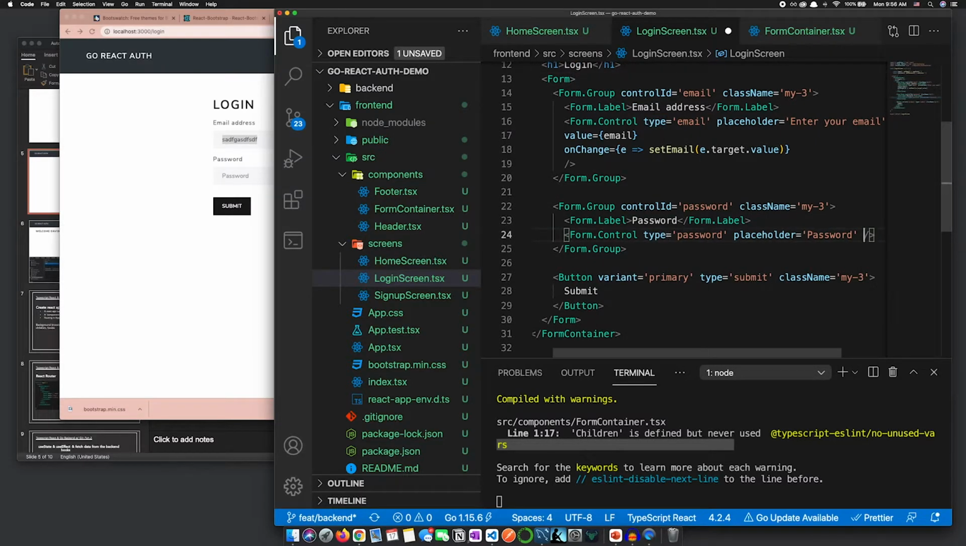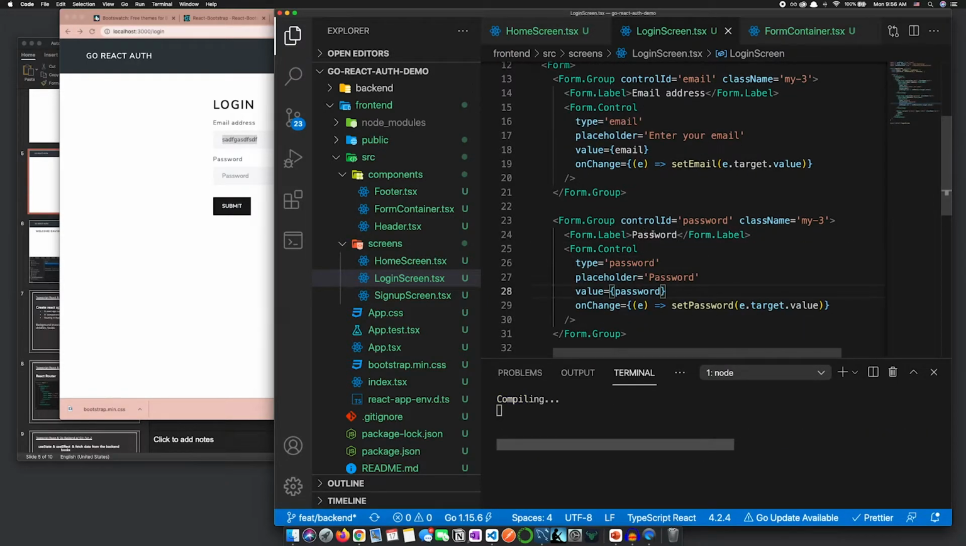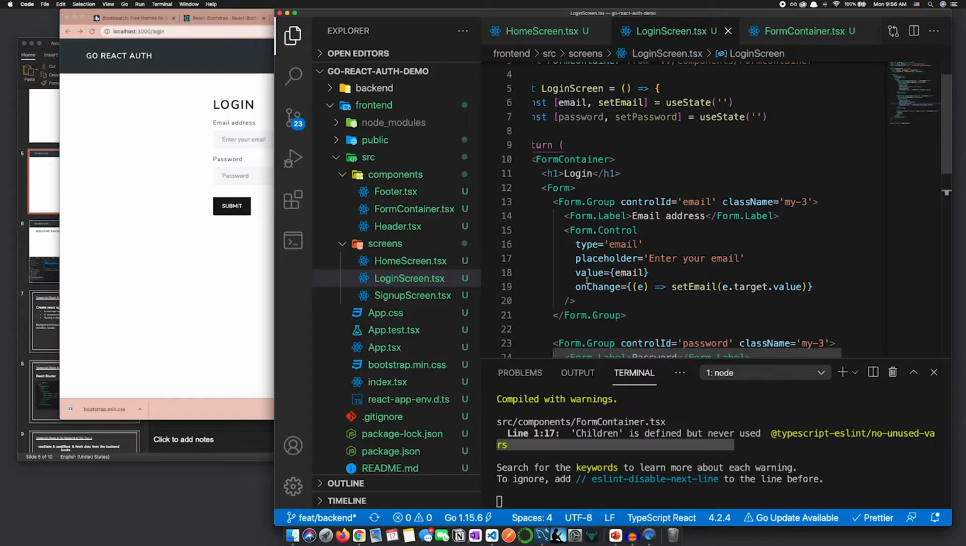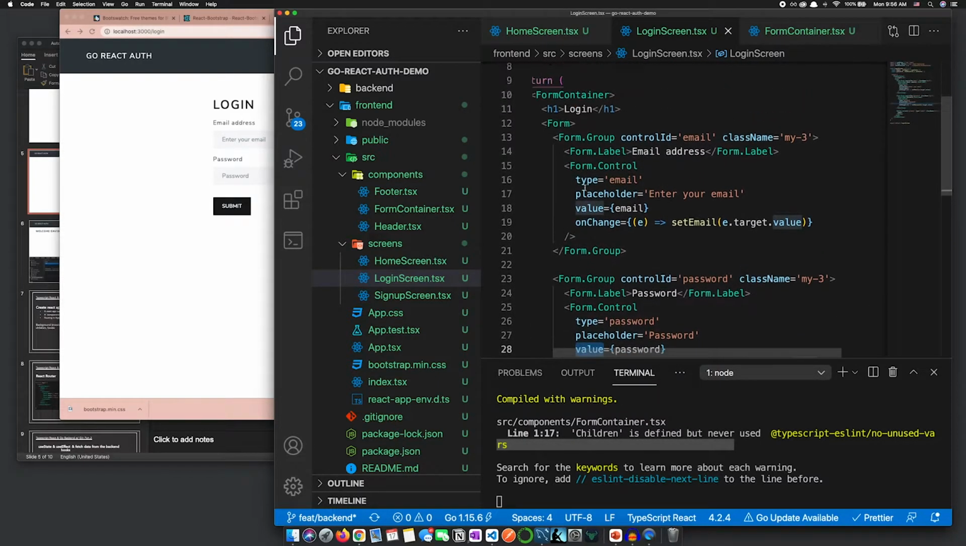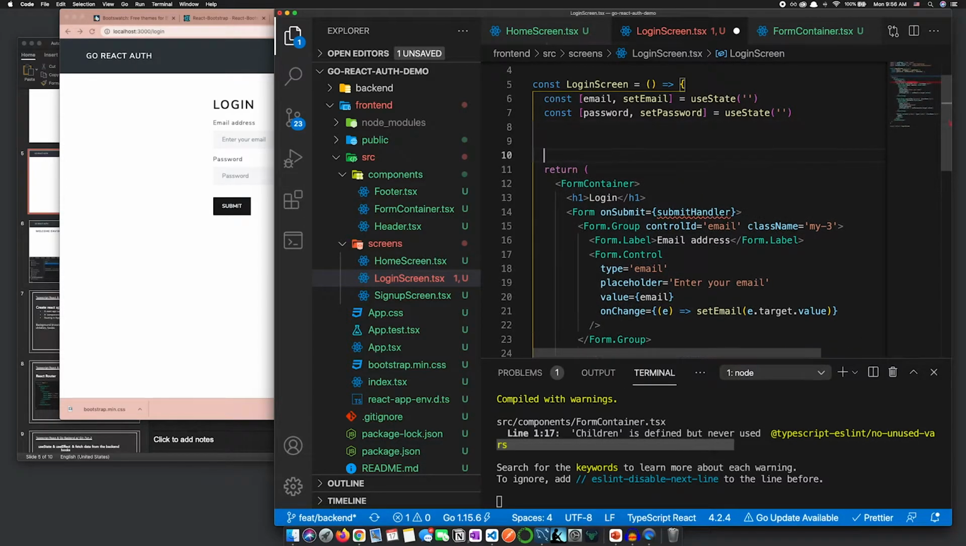So let me just complete this for you. So same thing here, pass the value, and on change, set password, target.value, like that. Okay, save that. So just to make things clear, once these values are set, like I just said, we're going to handle that submit using a submit handler, and we're going to create this submit handler function